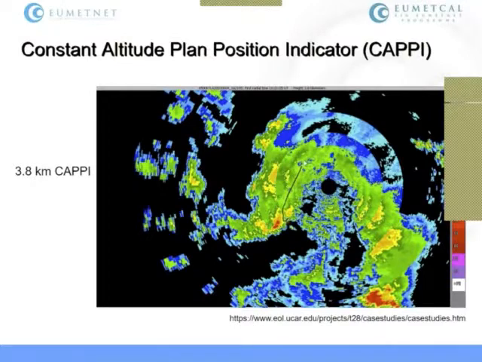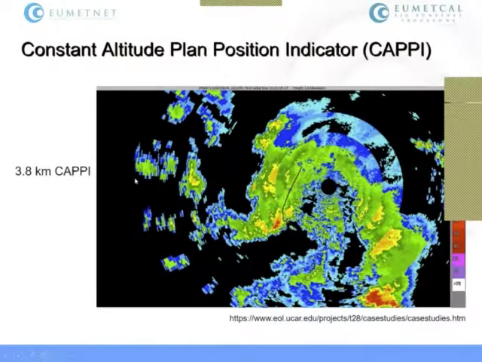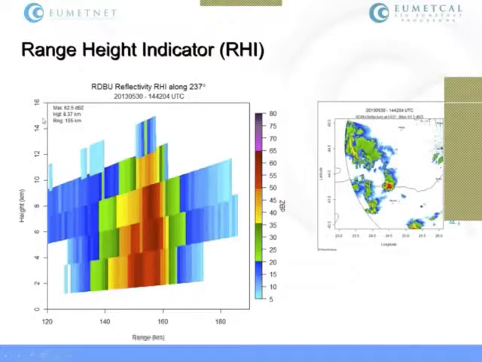A disadvantage of this display would be that you have these circles that are very well distinguished, right? You can distinguish these circles very well. So you would not have a very continuous field of values. Why? Because, as we saw earlier, the radar takes the information available at a certain height.